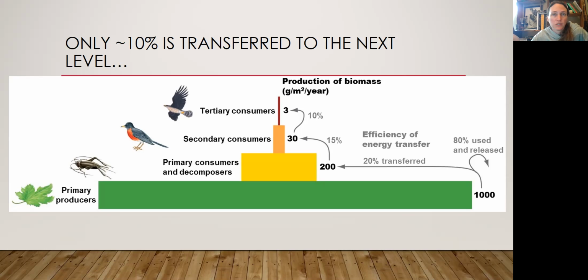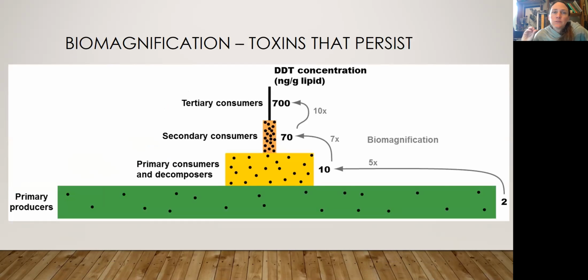There's just not enough energy to support them. This is also similar if we have a toxin in the environment, and some toxins are held in our bodies, especially those toxins that are stored in our fats. And so things like DDT and persistent organic compounds, they show up in our ecosystems and primary producers